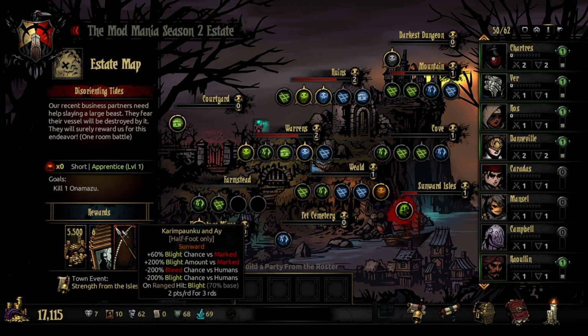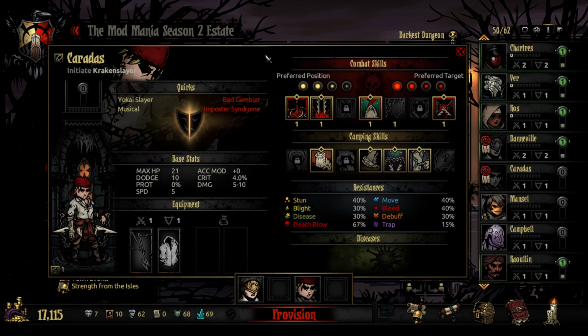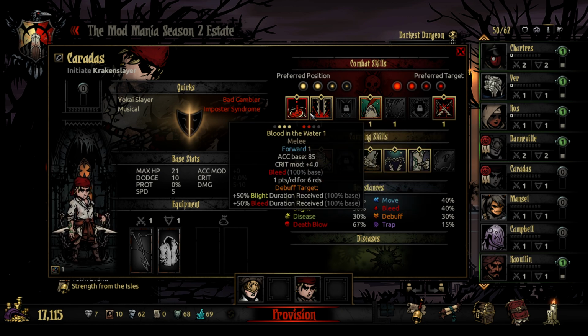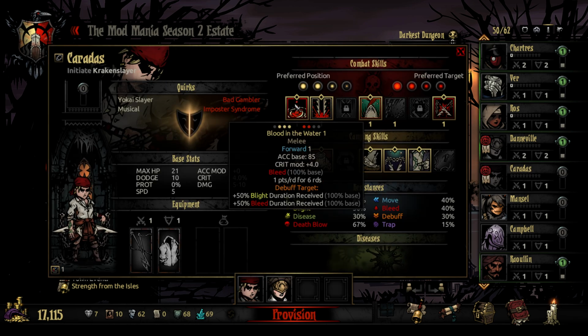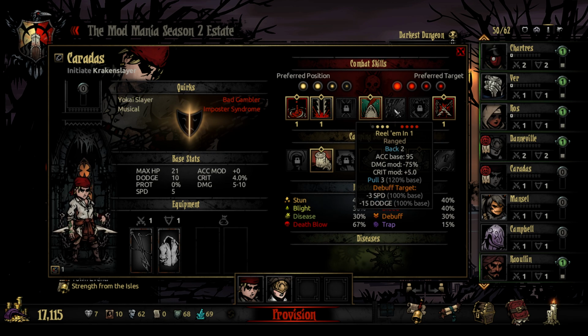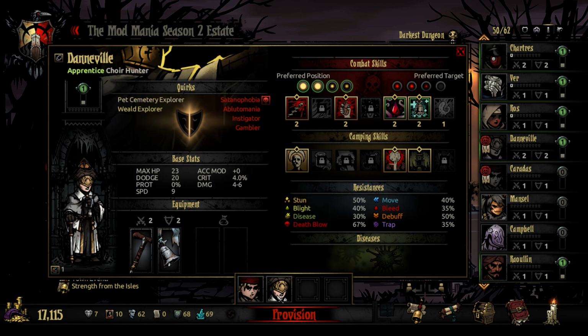Okay, so maybe we're going to take the Onomazu out then. Take the Onomazu out. We want to do this first. I think we need relimiting to go back, so we can open up with this. Like a mark and bleed. You can bleed, but then